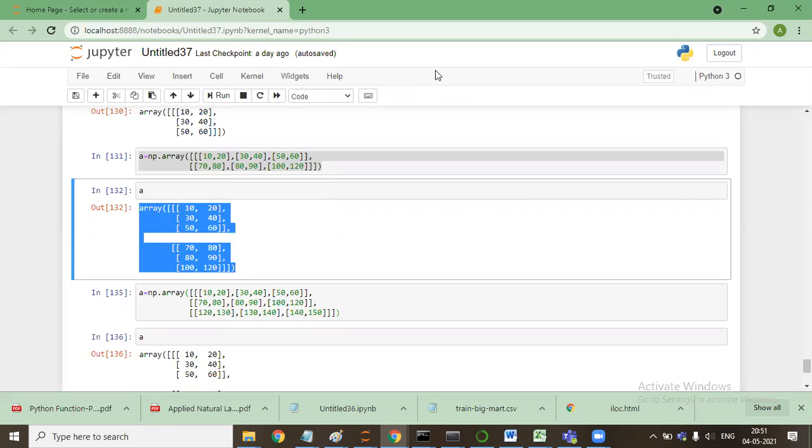If it starts with two brackets, then it is a two-dimensional array. So let me tell you, if you had started with two brackets, then this is the way it is stored when it comes to a black and white image. With me? The highlighted part is a 3D array. But if you remove one bracket from the beginning and one from the end, it is a two-dimensional array.